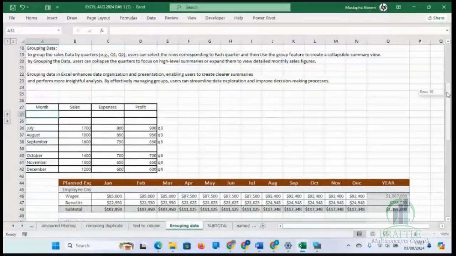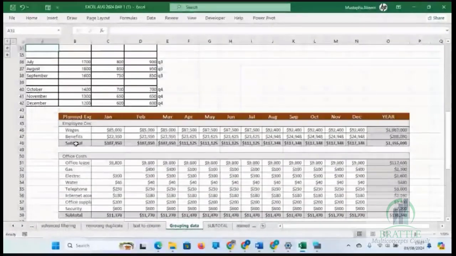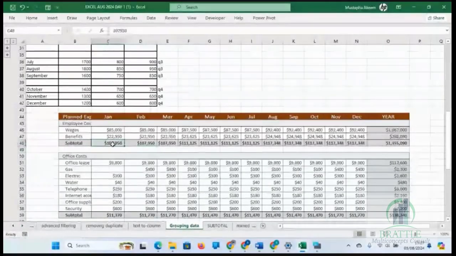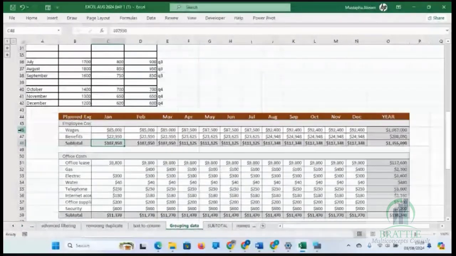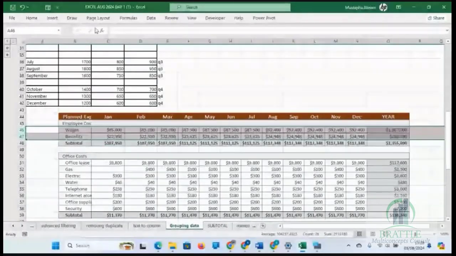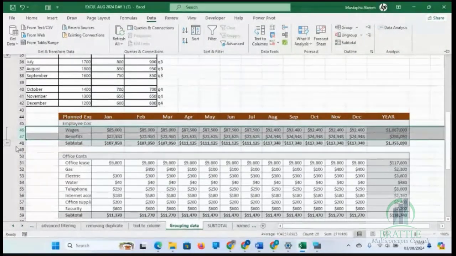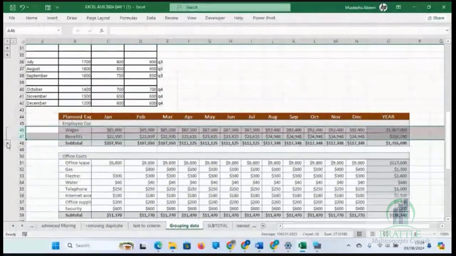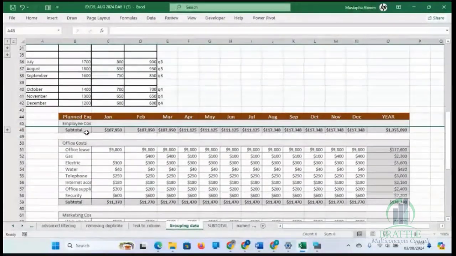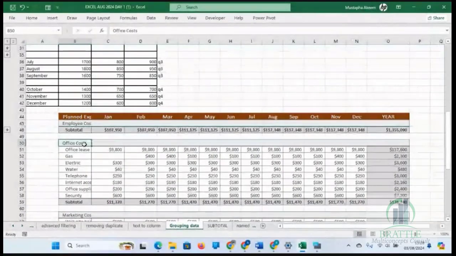But there's nothing here to show that they are grouped. That's the reason why you have to do that. You have created your subtotal with figure or formula. This is manually created, not with a subtotal function here. Now let's select the column, and then data tab. Click on what? Group. If you remove this now, you're going to have what? Subtotal, employee cost. Now I have another group again, office cost. I can come